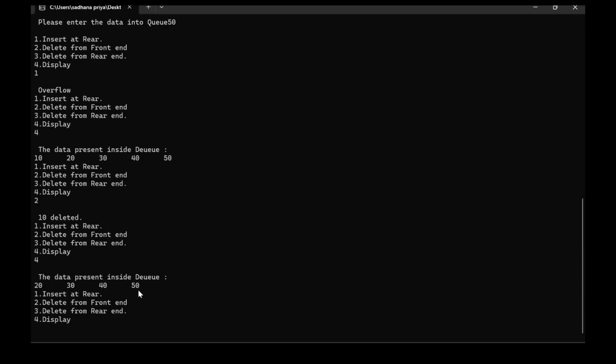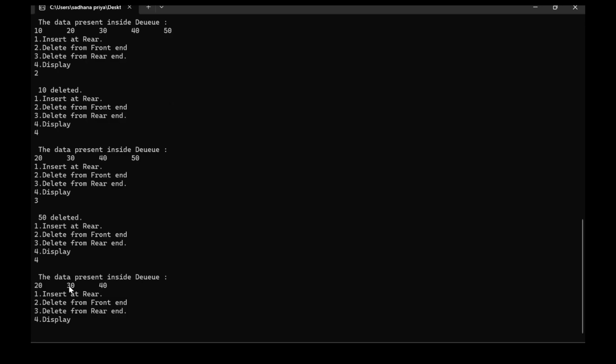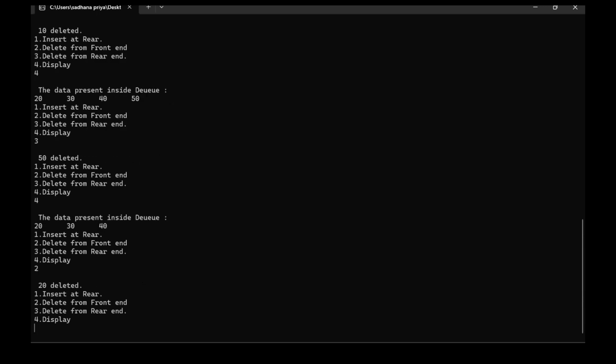Because it is a double-ended queue, we are able to delete from both ends. Right now, we have to delete from the rear end. Rear end, if I go for 3, then 50 is deleted. So this side is deleted. If I go for display: 20, 30, 40, because this side is already deleted. If again I go for deletion from the front end, right now the queue is 20, 30, so 20 is deleted. So we concluded that this is correct for the input restricted